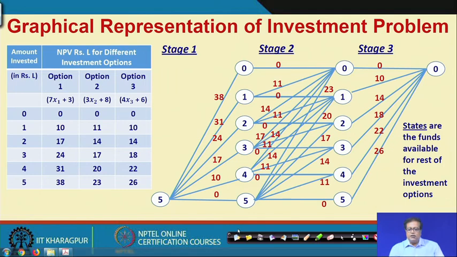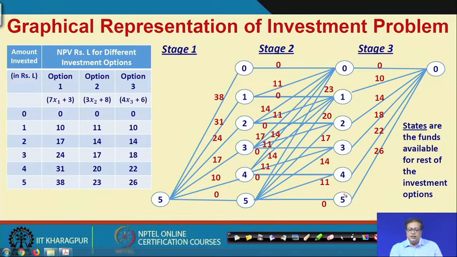So now we have gone to the third stage. Obviously, after having come to 0, 1, 2, 3, 4, 5, not everything is shown. Let us assume that if we invest the remaining amount at stage 3, only that part is shown in the graph. If we do not invest, then what will happen? Obviously, we could show all these things here also, but to simplify matters only some of them are shown. So, let us see what happens in stage 3.